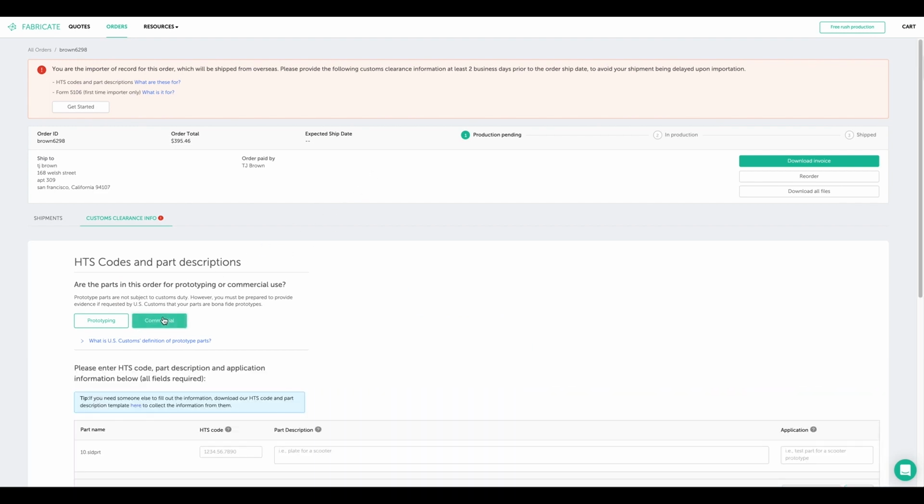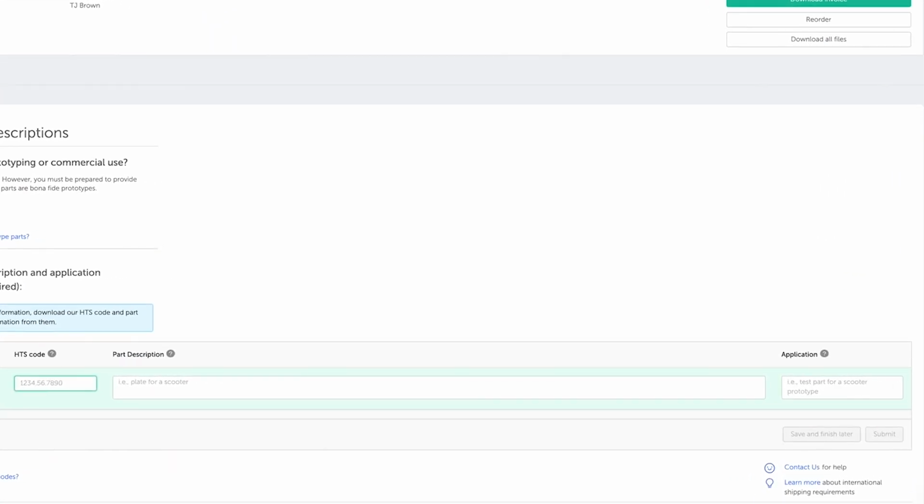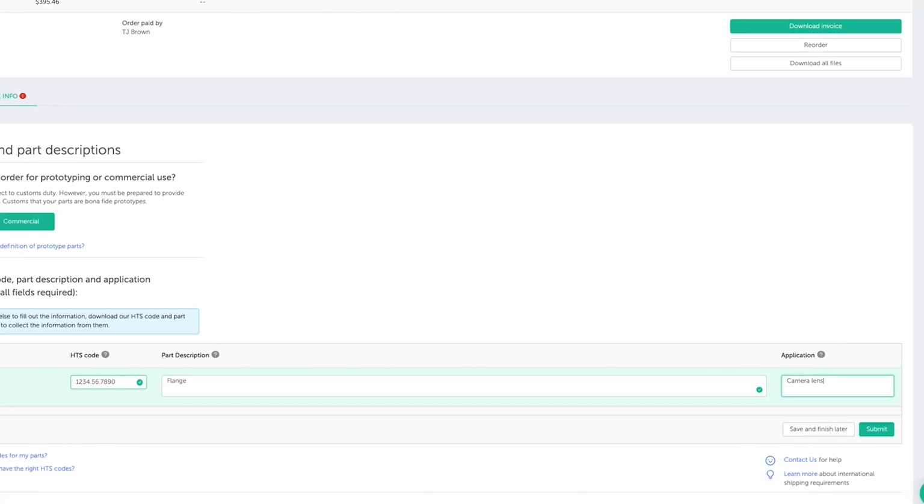First, choose whether your parts are prototypes or for commercial use. Then enter the HTS code, which categorizes the material and usage of your part. Finally, provide a description of what the part is and a description of what the part will ultimately be used